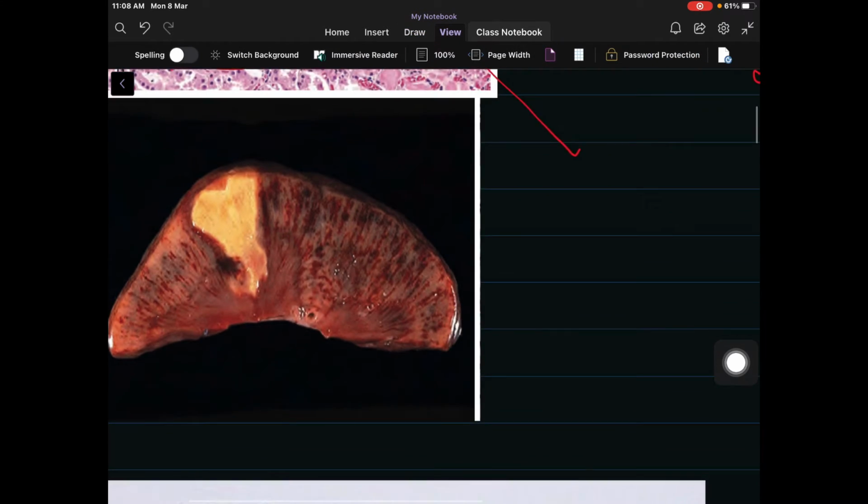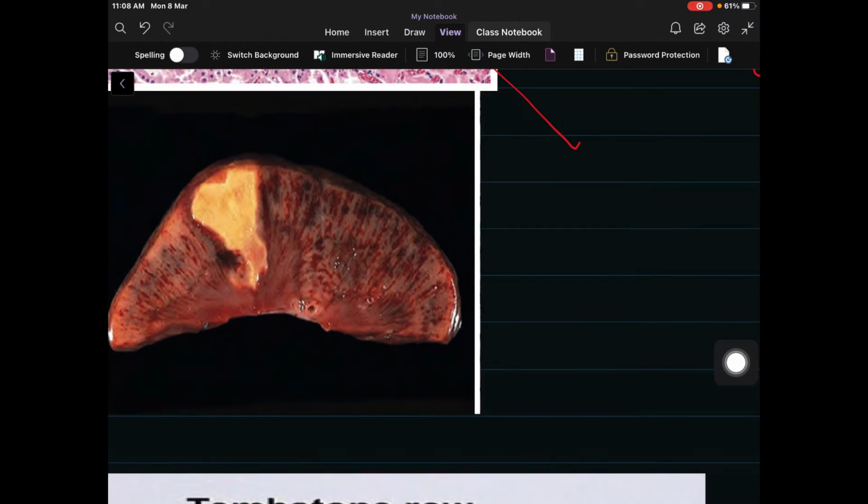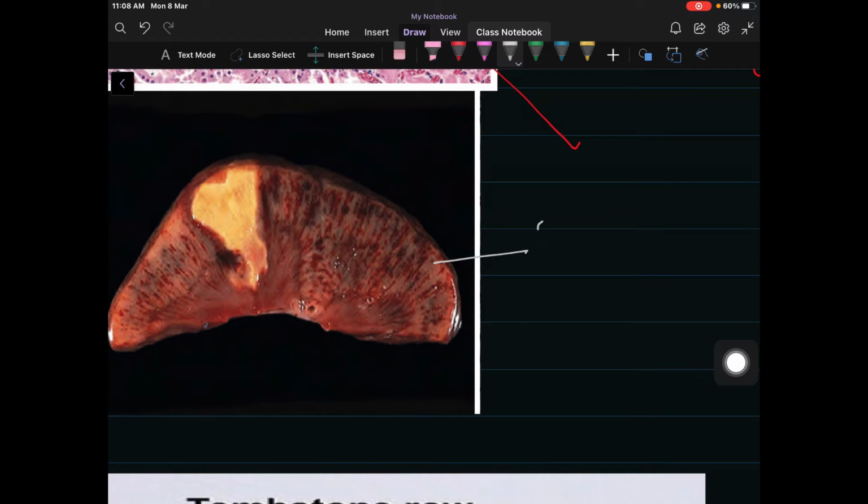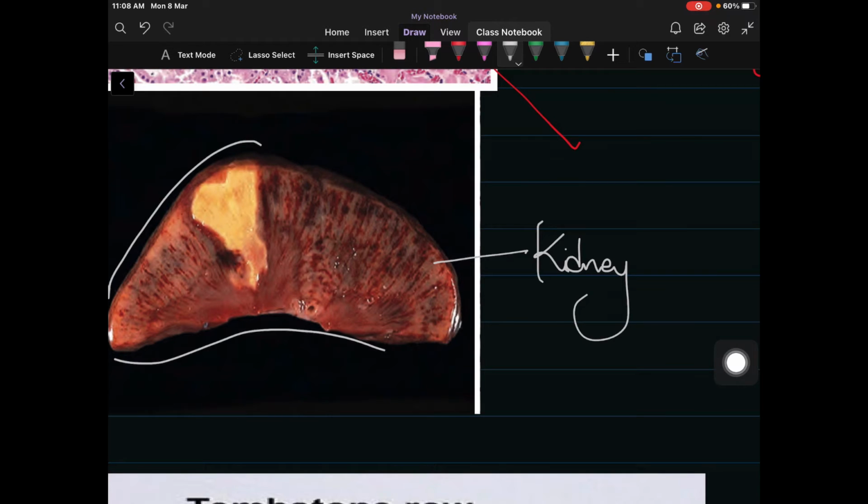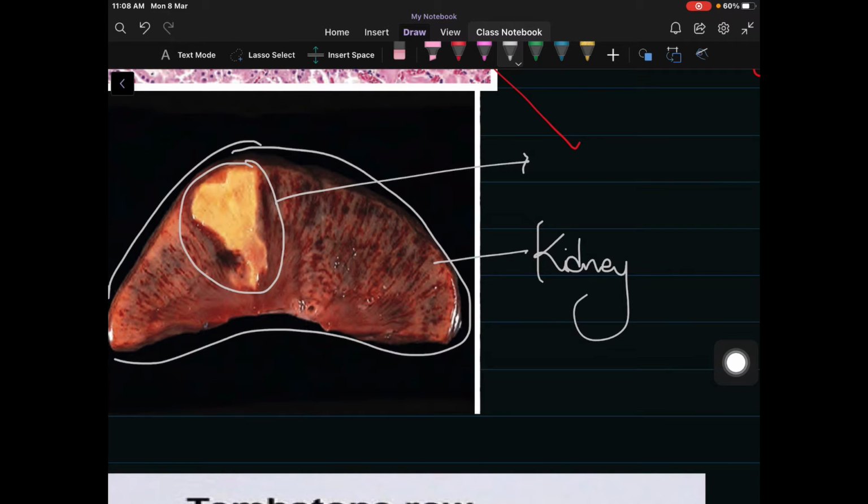In the second picture we can see the classic example of an infarct or coagulative necrosis. We can see the necrosis in the kidney. This is the kidney. As we discussed in coagulative necrosis, the tissue architecture is preserved, but the inner cell details are lost, or there will be a tombstone appearance. So we can see here the yellowish necrotic material, which on microscopic examination gives the tombstone appearance.